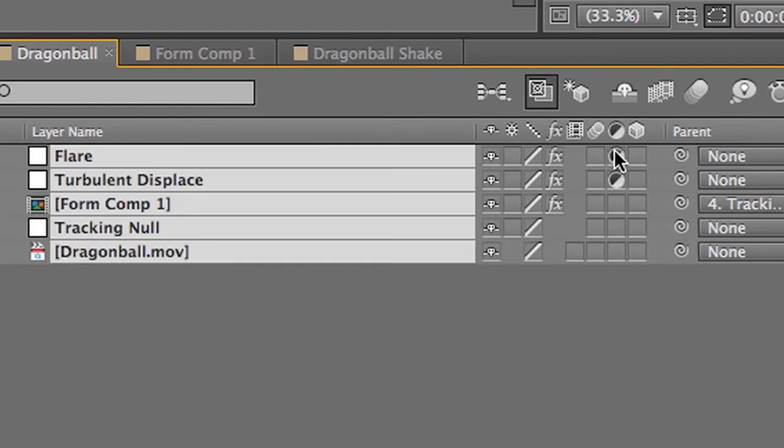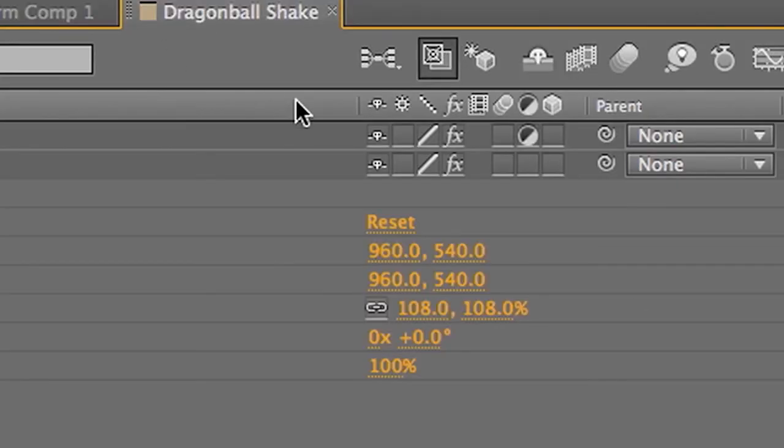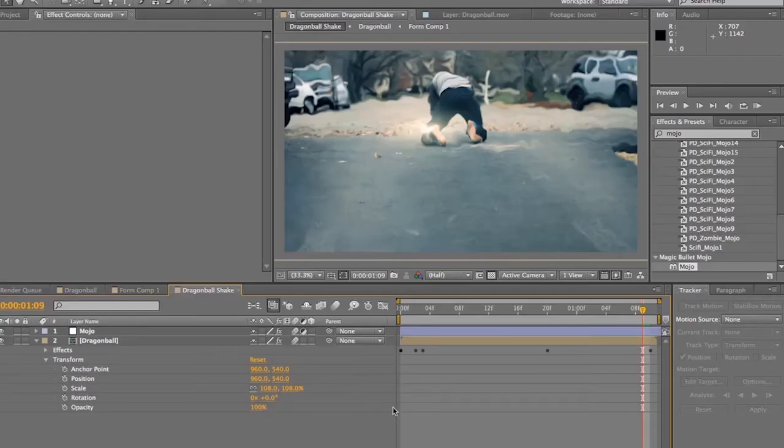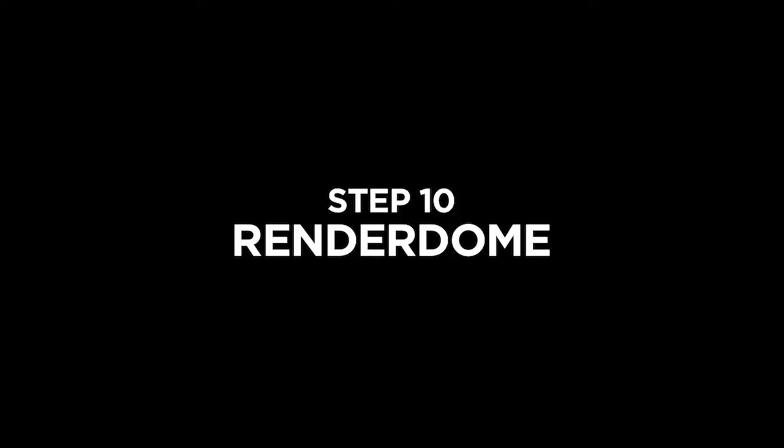Then you want to make sure you check motion blur on all of your comps and all of your layers. Make sure motion blur is selected, because motion blur is our friend. And then we render it. So there you have it. Hope you guys had fun